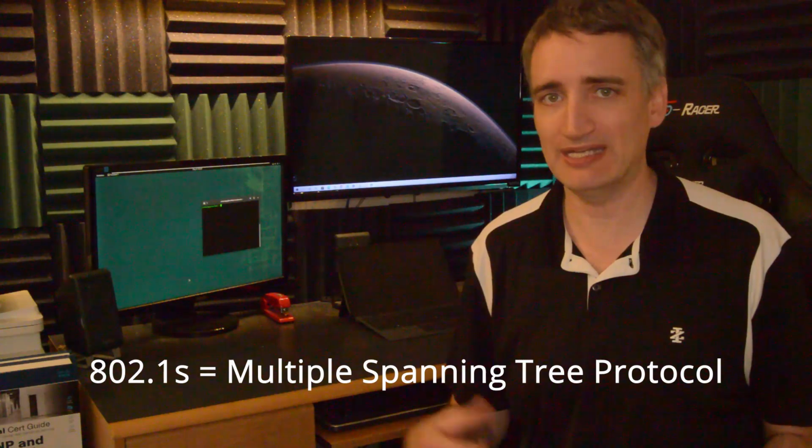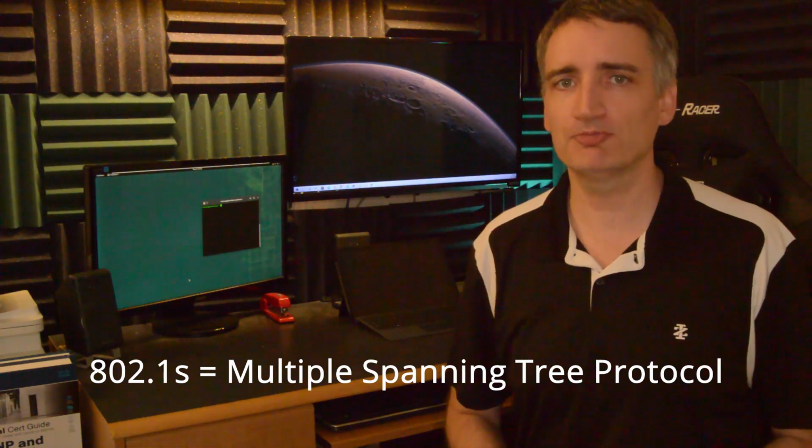Now moving on to the next mode of spanning tree, and this is the last one I'm going to talk about. It's called MST, or multiple spanning tree. This is defined by the IEEE standard 802.1s. In multiple spanning tree, the purpose is for really large deployment networks where you have a lot of VLANs. Because the way spanning tree has evolved is originally spanning tree covered everything, didn't care about VLANs, but then